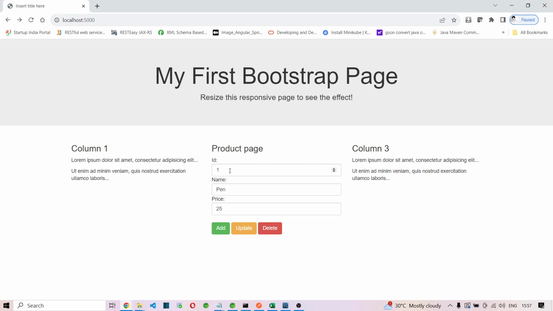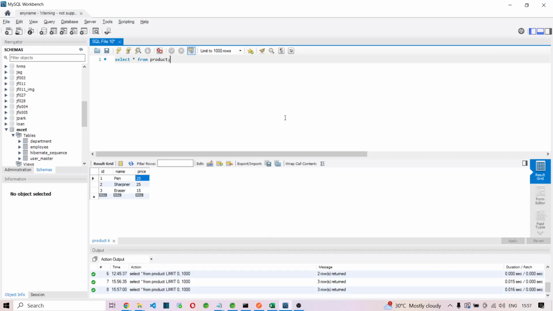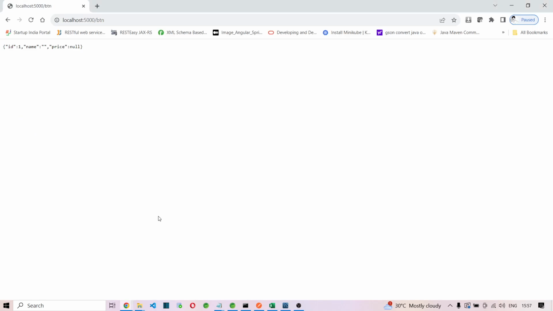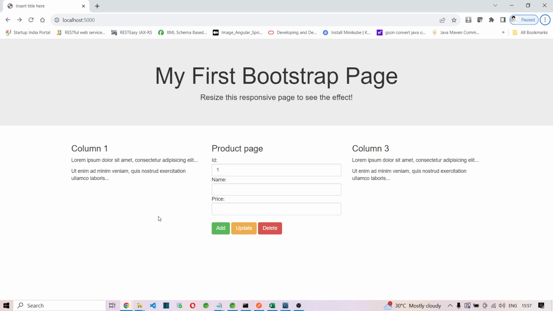So I'm going to enter only the ID as 1. That is enough to delete. Am I right? Only I say ID is 1, delete. Now run this program. Can you see that 1 is deleted? Done. Now what I'm going to do is, I'm going to have a third row where I'm going to display a